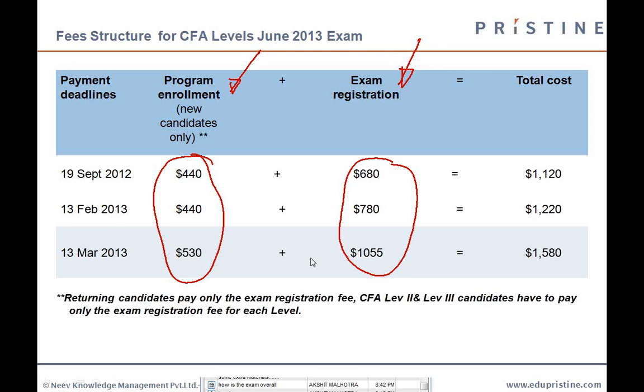Can you do both CFA and FRM together? Yes, I did both CFA and FRM together. But again, it really depends on how much time and effort you can devote to them. Is it possible? Yes, it's definitely possible. But would I recommend it? Probably I will not, because let's take one thing at a time. That's what I will recommend.